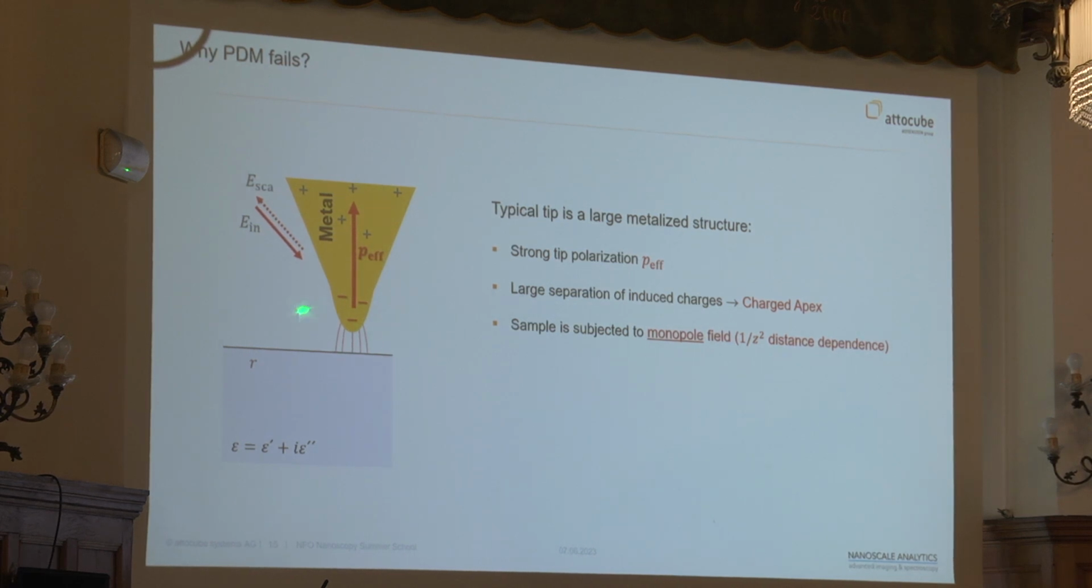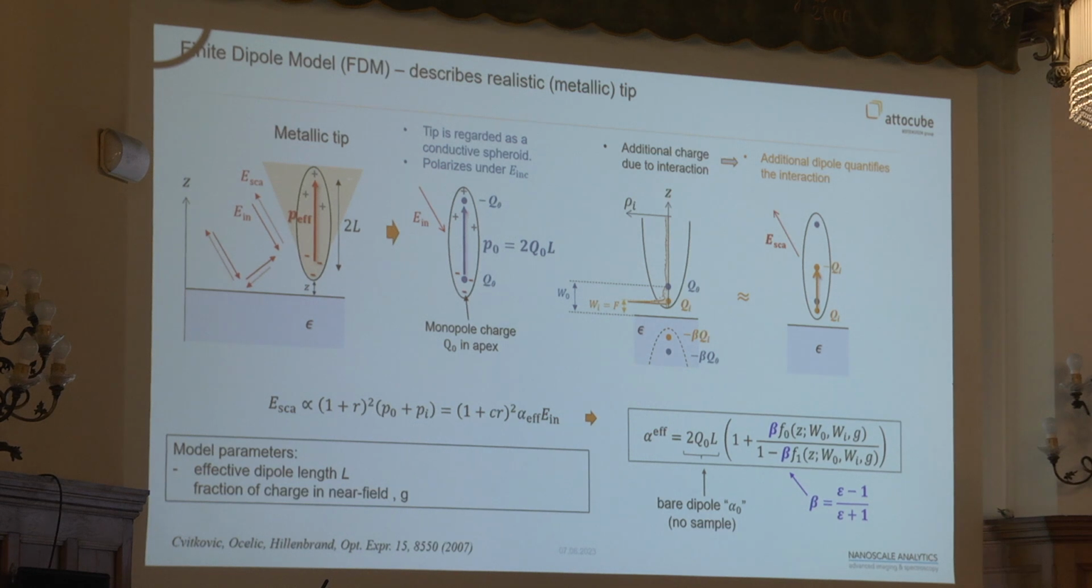And that means that your sample, in this small probing volume, is actually probed by just the charge, not the dipole, right? And of course, the field of a charge decays as 1 over distance squared, and the dipole as 1 over distance cubed. And that's exactly the reason why the point dipole fails, because it doesn't capture the correct distance dependence. In fact, in the proper description, the sample is subject to this monopole field, or field of a charge, and there was an attempt at calculating the response of an s-SNOM by trying to